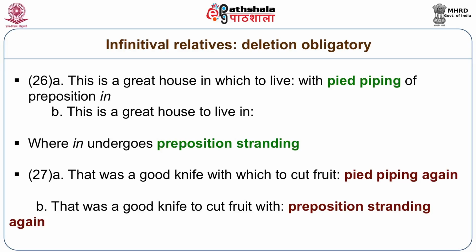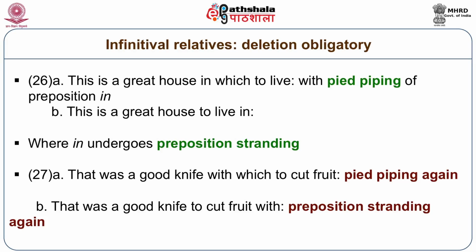Now let us get back to the deletion of the WH element in a nice house in which to live, or a good knife to cut fruit with. In these structures, you would expect it to be possible to either retain the relative pronoun which or delete it. If that expectation had been met, English would allow you to say a good knife to cut fruit with, or a good knife which to cut fruit with. English would have allowed you to say a nice house to live in, or a nice house which to live